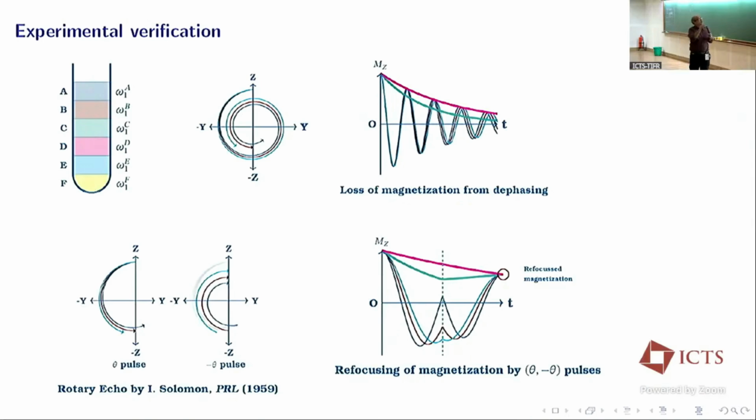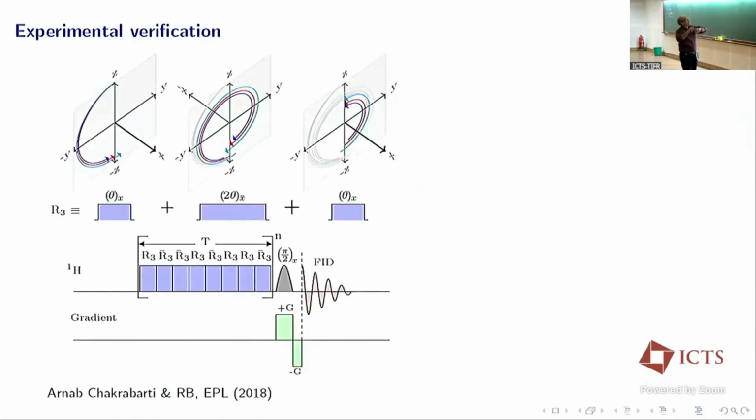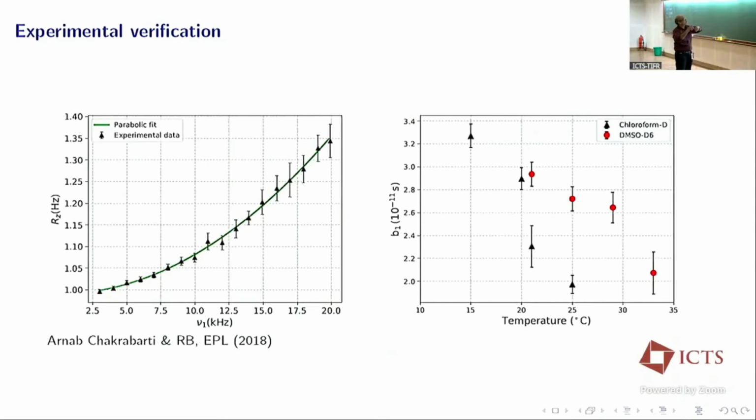So as a result, you have a first order decay, which is not coming from the dissipator. We refocus that using a rotary echo technique, where a pi and minus pi pulse can be applied, and the magnetization does not have any first order contribution, but it was on the YZ plane doing the rotation all the time. And we generalize that sequence by pi, then minus 2 pi, and then pi, and apply it many times to find out how the decay rate depends on the Rabi frequency, and we find quadratic dependence, exactly